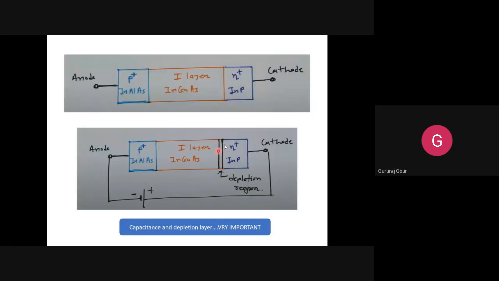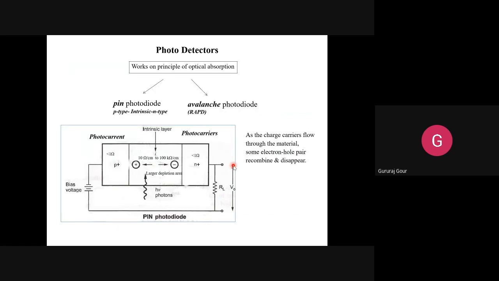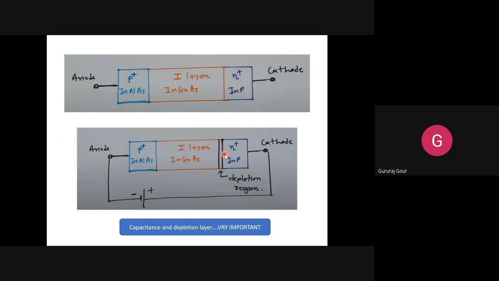If you look at this one, in the absence of light, the pin photodiode behaves electrically just like an ordinary rectifier diode, conducting a large amount of current here. So when no biasing is applied or a small forward bias is applied, it is going to conduct because P is connected to positive and N is connected to negative. If you are talking about forward bias or no bias, a small depletion region will exist, conducting large current. Okay, not photo carriers. This is all about what is happening when forward bias or no biasing is applied.